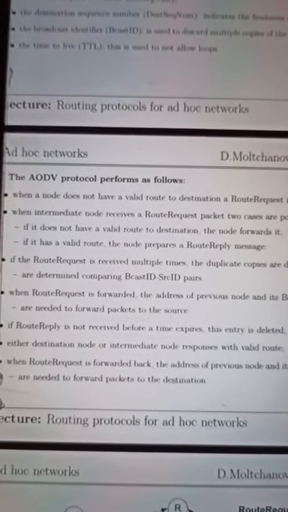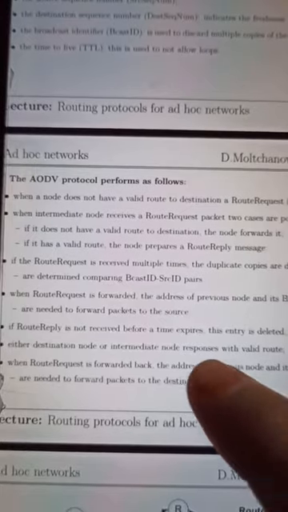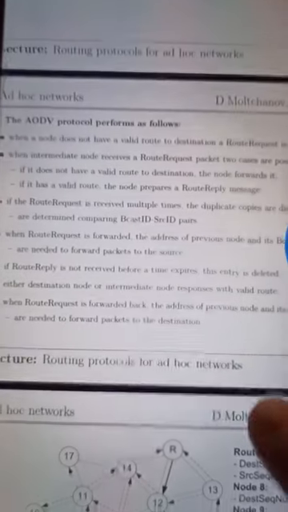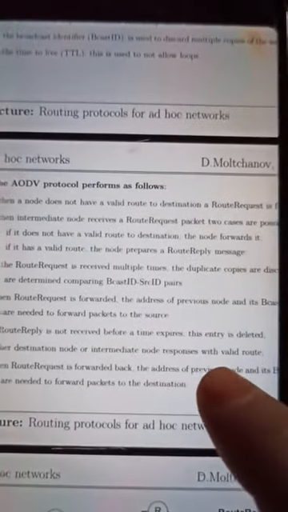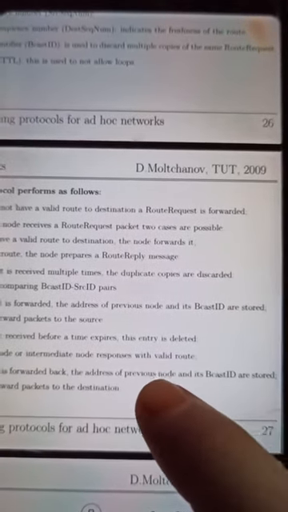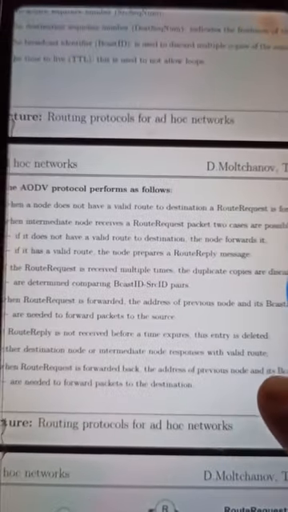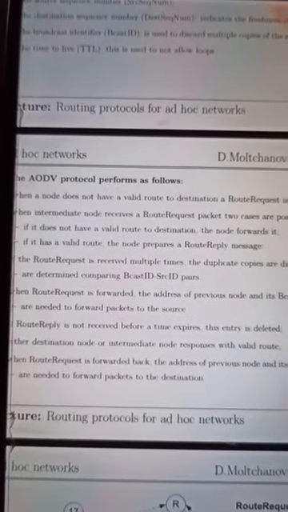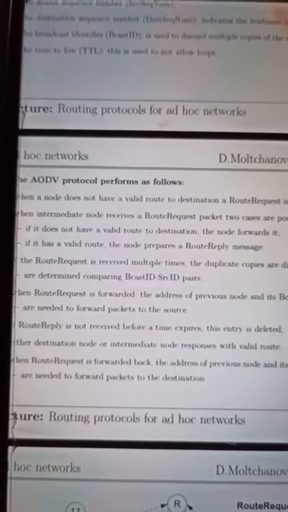When a route request is forwarded, the address of the previous node and its broadcast ID are stored, so that they are available to forward packets to the source.